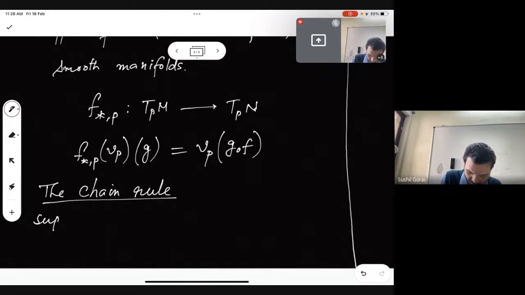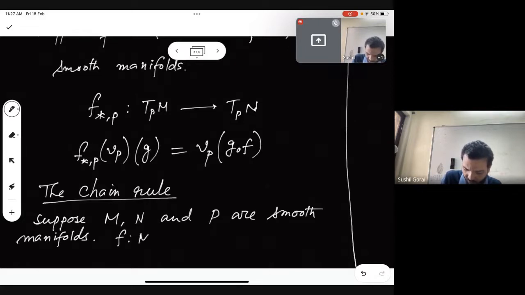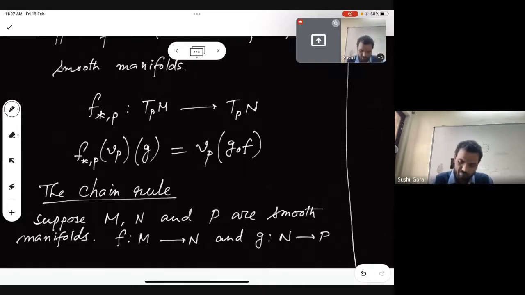Suppose M, N, and P are smooth manifolds. F is a map from M to N, and G is a map from N to P, right? Then